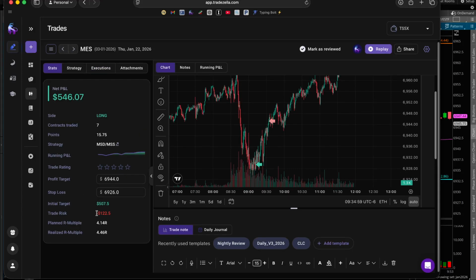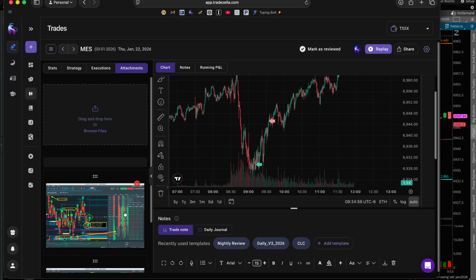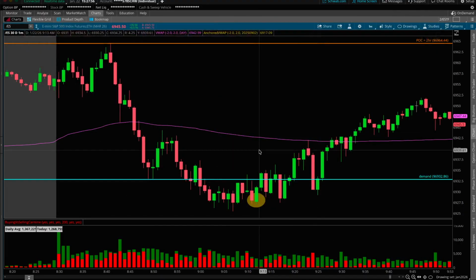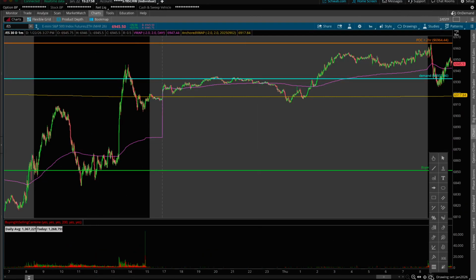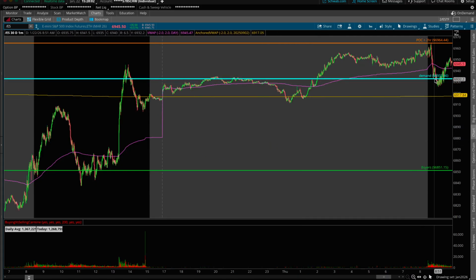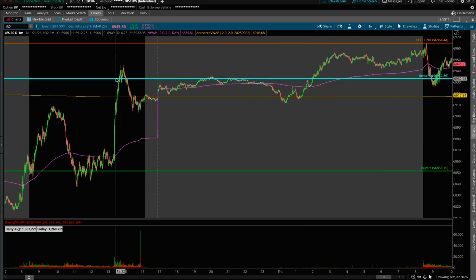Alrighty, so today I took a market structure demand 4.5 hour trade. I risked $122 for a little over 500 bucks, and this was essentially the trade, right? So going into the context for today, I had marked up the demand, which is also a significant level, which